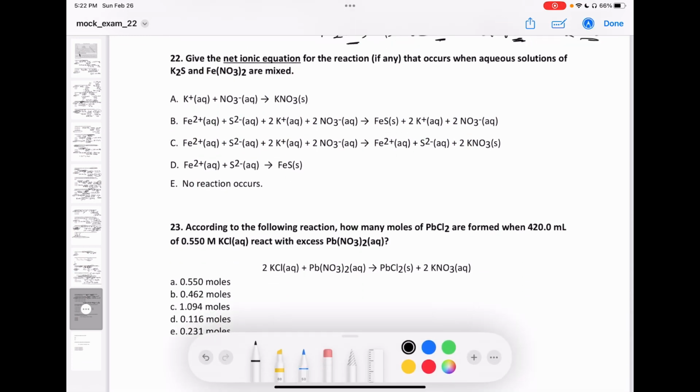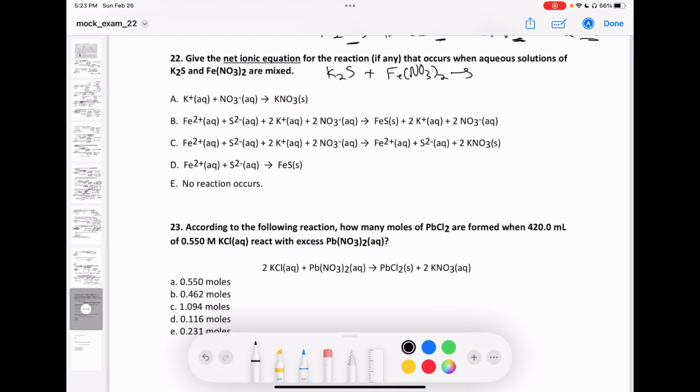Give the net ionic equation for the reaction, if any, that occurs when aqueous solutions K2S and iron nitrate are mixed. Okay, so I'm going to start with K2S plus Fe(NO3)2. It's going to create, and this is where we look at our solubility rules and match up